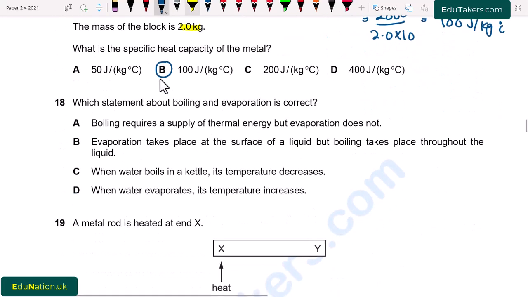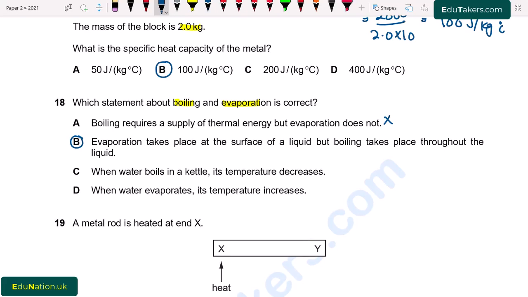Question number 18. Which statement about boiling and evaporation is correct? So here we have to tell which statement is correct. A. Boiling requires a supply of thermal energy, but evaporation does not. So it is incorrect. B. Evaporation takes place at the surface of the liquid, but boiling takes place throughout the liquid. So this is correct because the evaporation only takes place at the surface while the boiling takes place throughout the